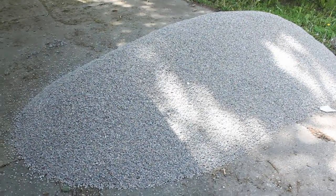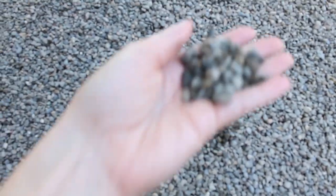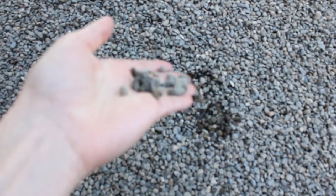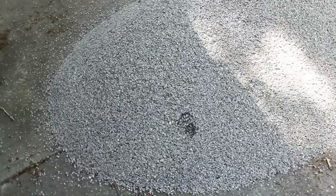This is the massive pile of pea stone. We got a 1/4 inch pea stone. This is what it looks like. Little teeny tiny pebbles. And this is going to go in the fire pit area. It's kind of like a filler for the flagstone. So I'll show you guys that. And we're going to put all of this